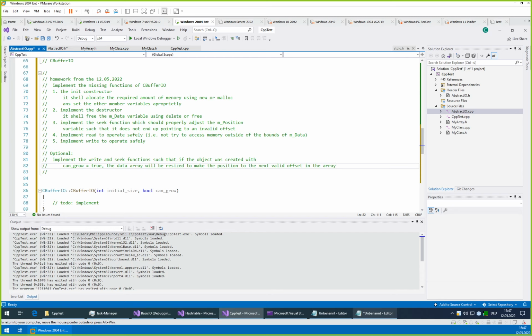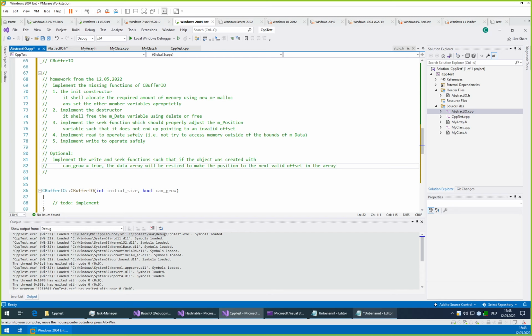So the idea is that if you would seek and can grow as true to a position which does not yet exist in the array you have, then the array should be resized sufficiently such that position -1 will already be a valid offset. And of course, whenever you write to the array, and you see, oh, I'm going to write to a position which is no longer valid, so where we don't have memory, then it needs to resize the array, and then the write operation can succeed.